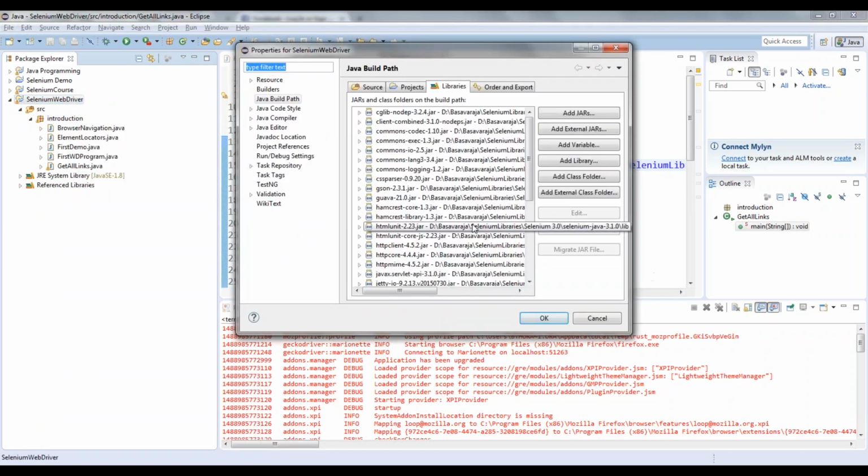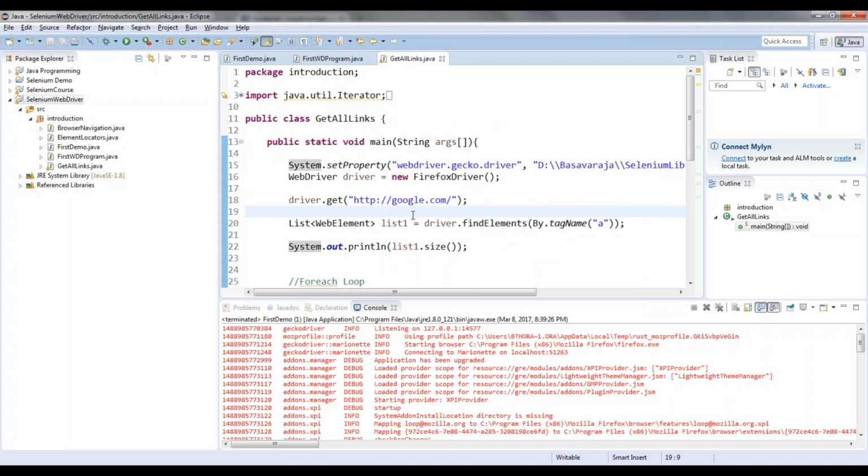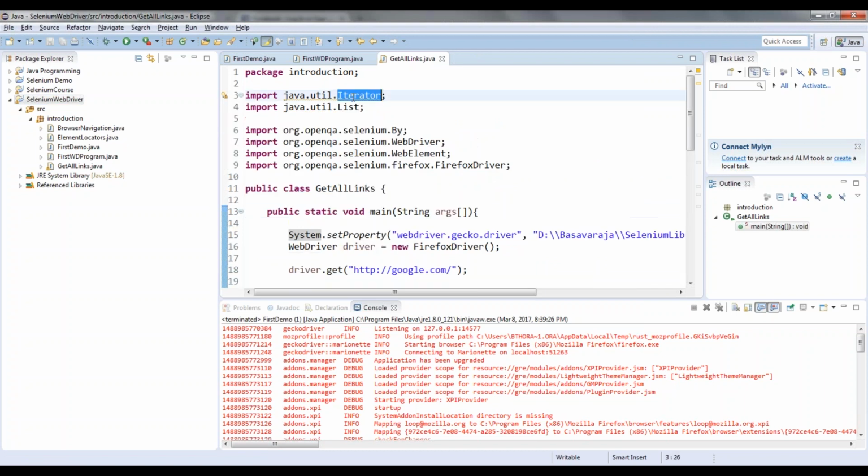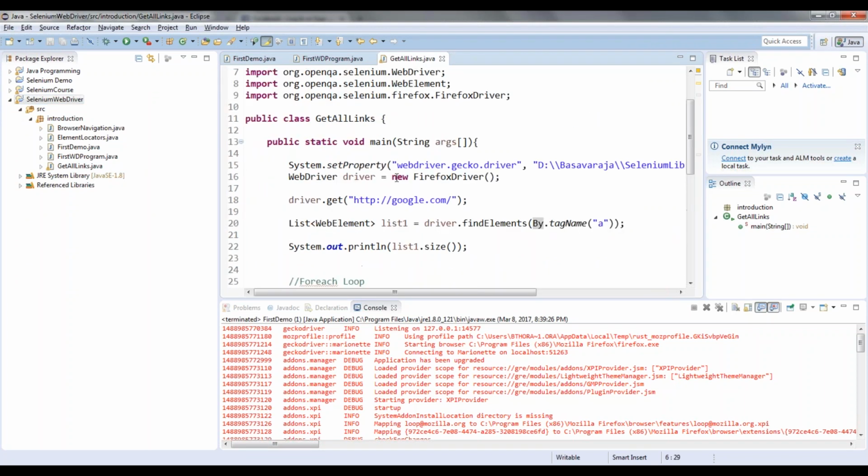If it is 2.5.3 or something, they specify till some version of Firefox it will support, and after that it will not. So that's why you might be getting the error. Download 3.0, because nowadays everybody is downloading 3.0 since they are upgrading their libraries. Download it, set the property and try to execute. If it is still giving the error, we will see that.